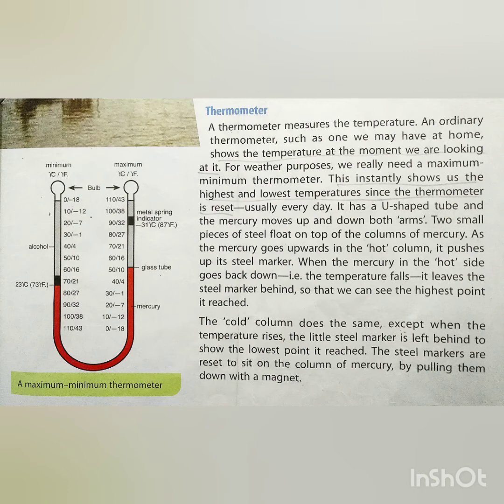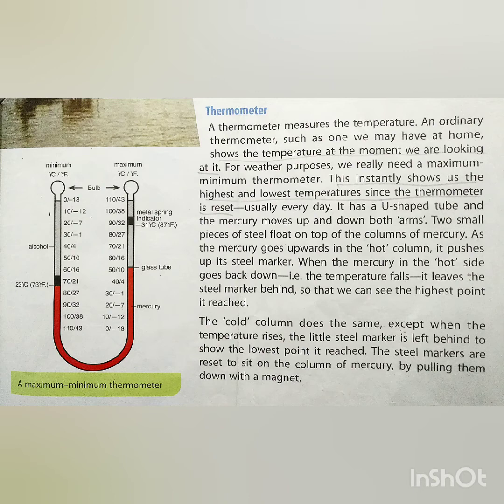There is mercury inside of it, and one side measures the highest temperature and the other side measures the lowest temperature. In this thermometer, there are two small pieces of steel on both arms, and in the hot column,